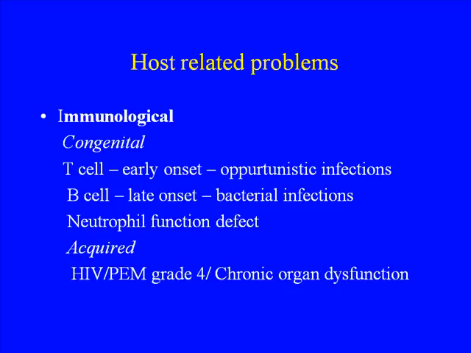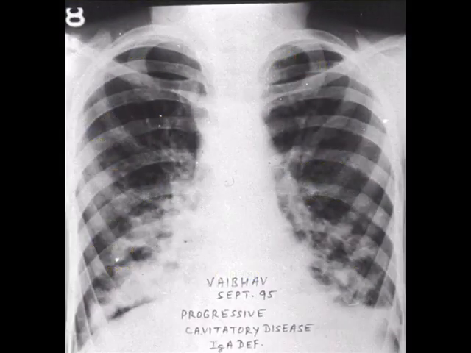And another not uncommon immunologically suppressed patient is any chronic organ dysfunction. I'm sure a chronic lung disease, a chronic cardiac failure, a chronic hepatic failure, a chronic renal failure, all of them are immunologically compromised, and they are not seen as immunologically compromised children, but yes, they are all prone to infection rather easily, and you need to look beyond what we understand as immunology. The immunologists don't take care greatly of all this, and we only look at these commonly as most immunological problems. And I'm sure this is a typical IgA deficiency child who keeps on getting recurrent infection.